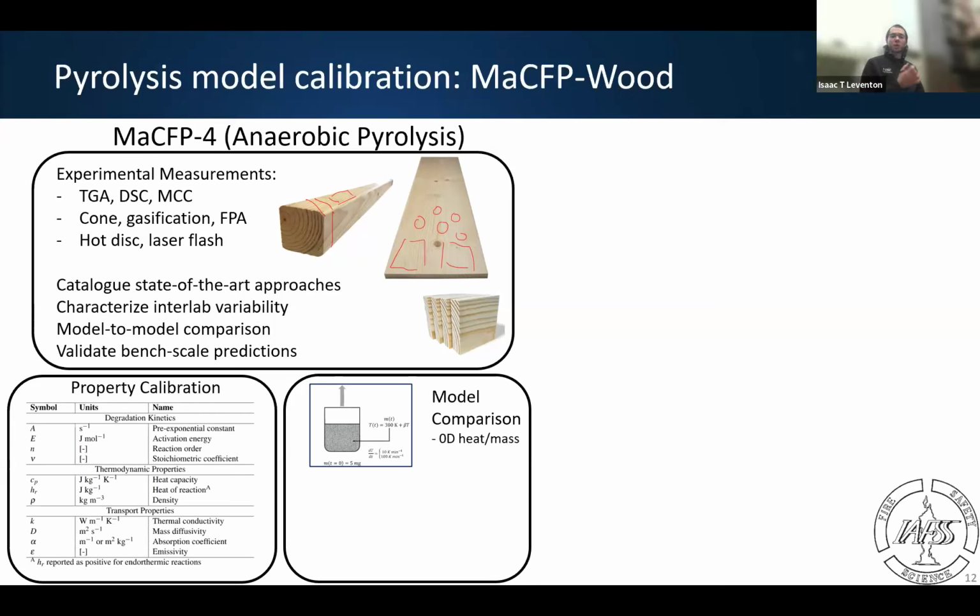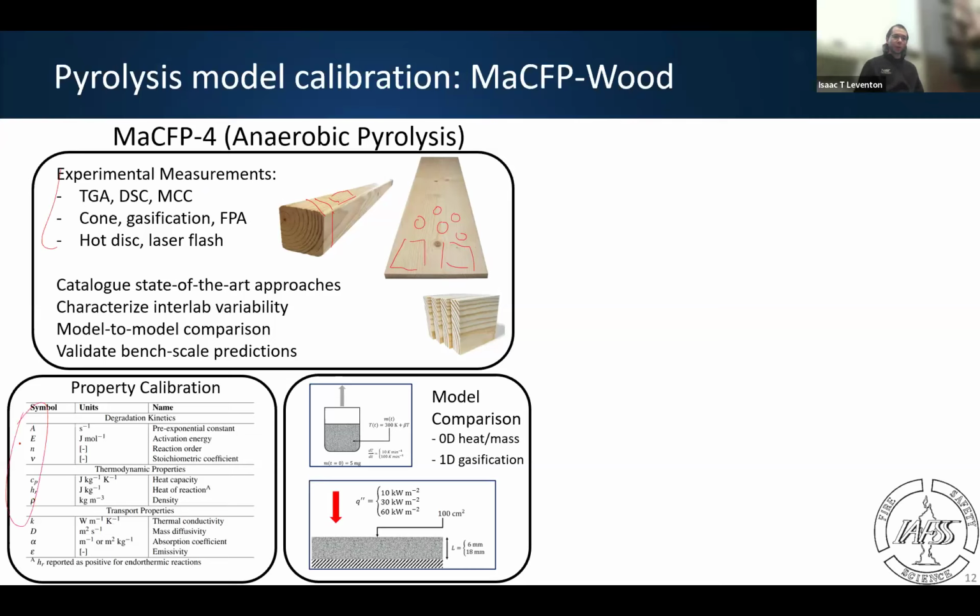So a 0D TGA-DSC-like scenario to compare our property sets under controlled heating, and a 1D gasification scenario with different sample thicknesses and different incident heat fluxes, just purely as model-to-model comparison to see how differences in selected experimental data or calibrated material properties propagate into these results.